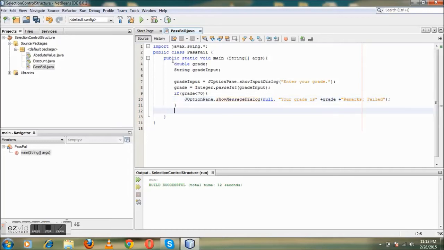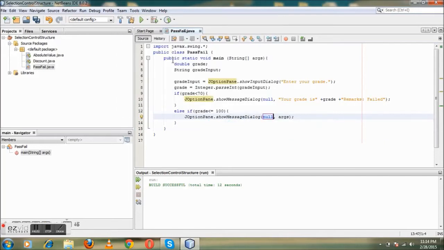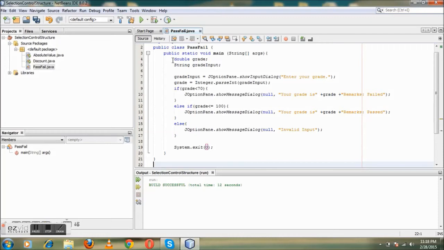); } else if (grade <= 100) { JOptionPane.showMessageDialog(null, "Your grade is " + grade + " remarks: pass"); } else { JOptionPane.showMessageDialog(null, "Invalid input"); } System.exit(0); }